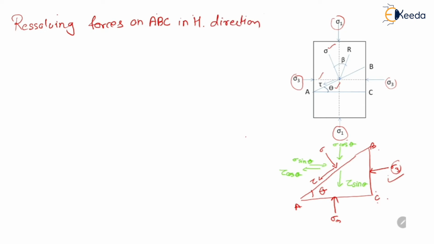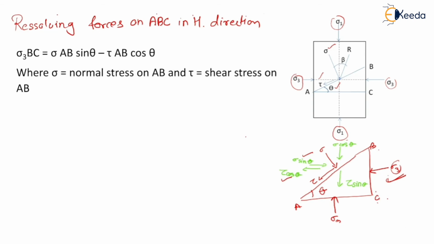We will get sigma 3 into BC equal to sigma AB sin theta minus tau AB cos theta. These two forces are acting in opposite direction. That's why they are getting deducted. So here sigma is the normal stress on AB and tau is the shear stress on AB, as I have already said. Now dividing this equation by AB, we will get